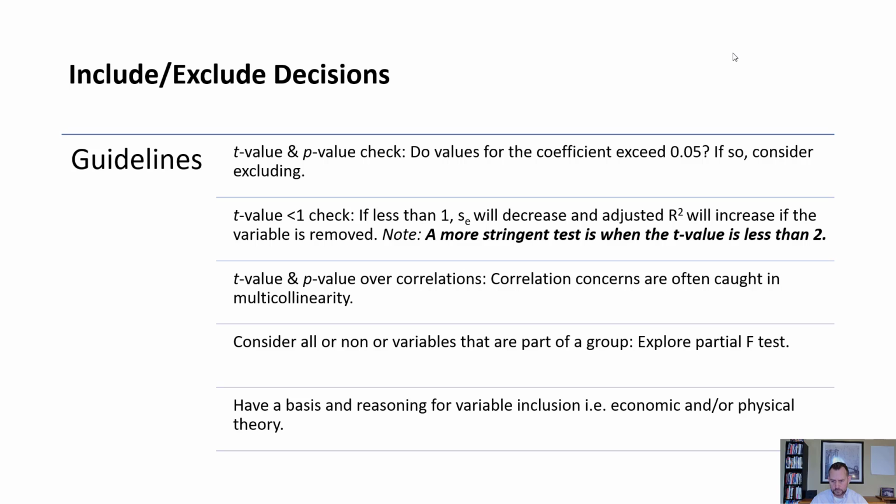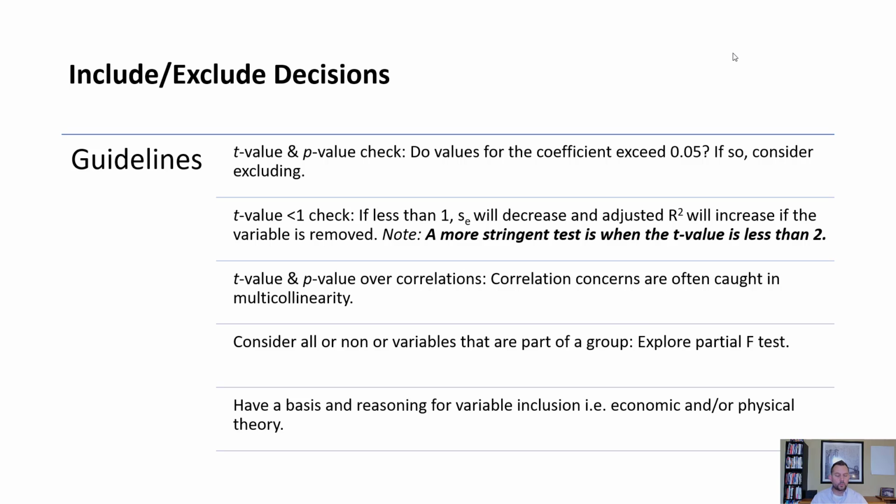Okay. And then this last guideline, have a basis and reasoning for a variable inclusion, right? So economic or physical theory. I would expand off of that, practice, intuition, not just because, but what makes sense in your industry. You get into the academia and research, you're looking for theory, but if you're in industry, we're looking at practice, okay? What makes logical sense? Okay, so